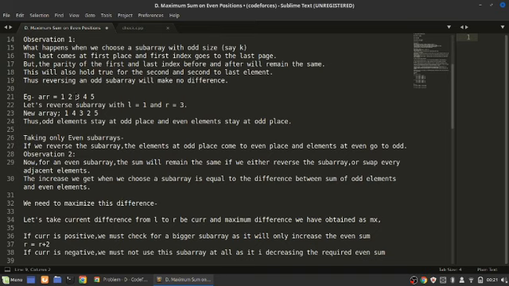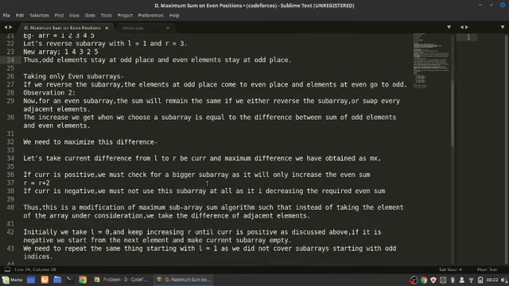So let's say the array is 1 2 3 4 5. Now if we reverse L equal to 1 to R equal to 3, the array looks like 1 4 3 2 5. And now the even positions, such as 3, stay at even positions, and odd positions stay at odd positions. Thus it is no use to take subarrays with odd size. Now considering only even subarrays, if we reverse a subarray, all the elements which were at odd place come to the even place, and they contribute to the sum even more, and the elements at the even place go to the odd place, and now they do not contribute to our sum.